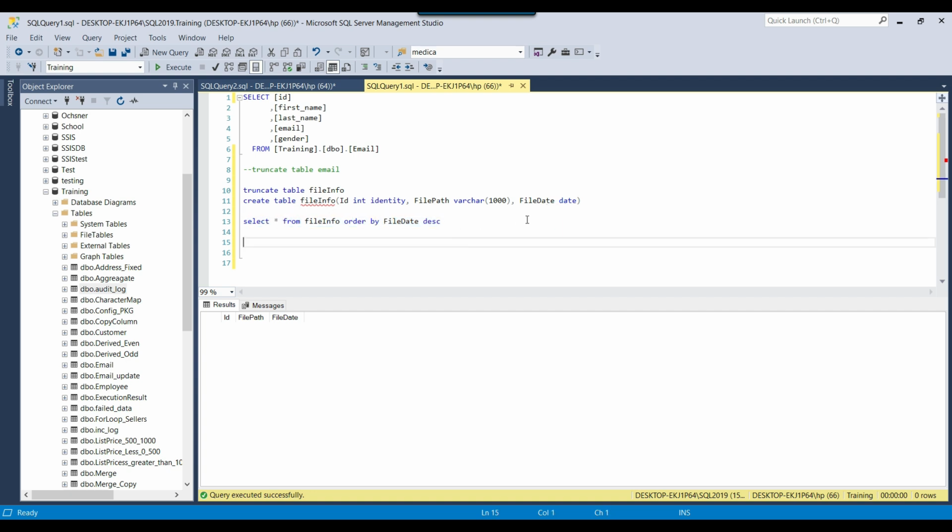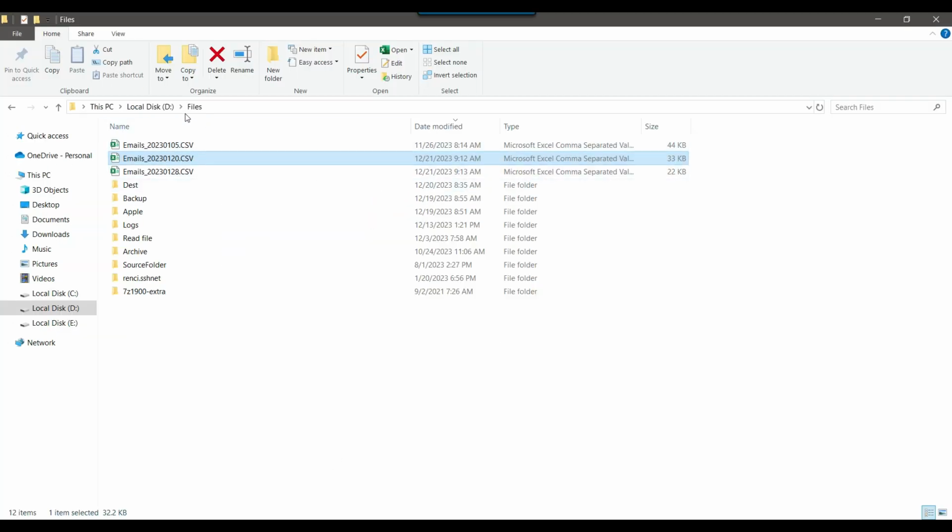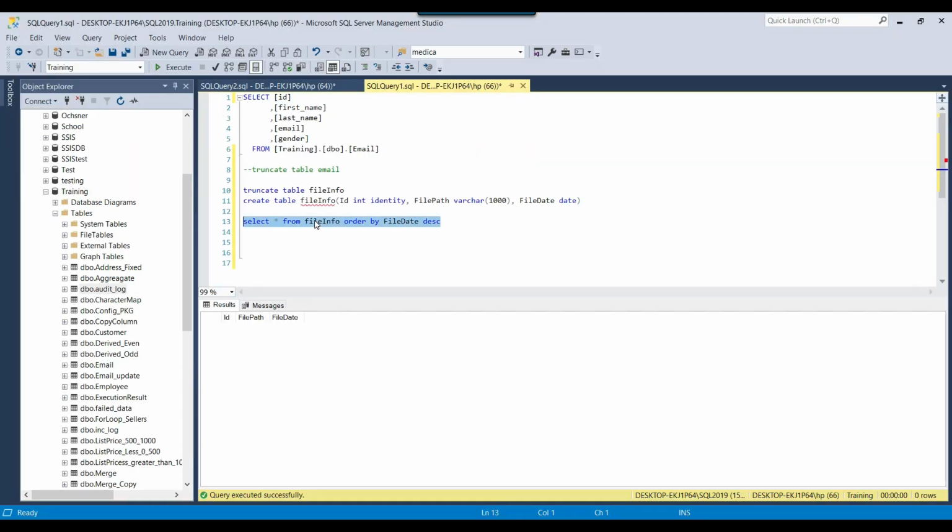The most important part of this video is how we can populate the data into this file info table, because as soon as the data is imported here, we can get the data in any order. I have written some C# code which can loop through all the CSV files in this location, extract the date from the file name, and insert it into a SQL Server table, the file info table. Then we can create the SSIS package to loop through the files and load them, and write the code to read the files from this table in a specific order and load them.